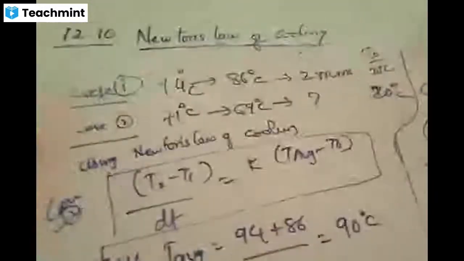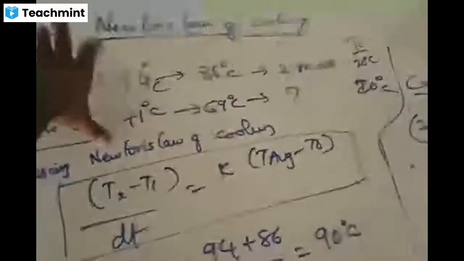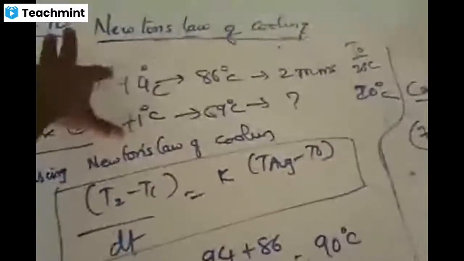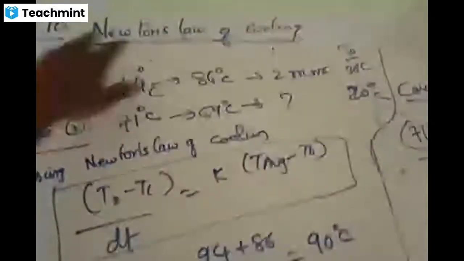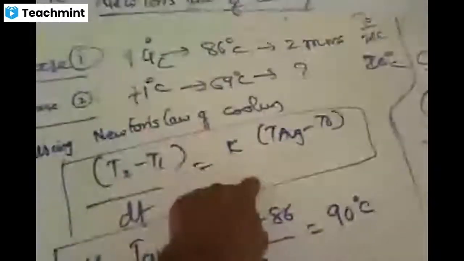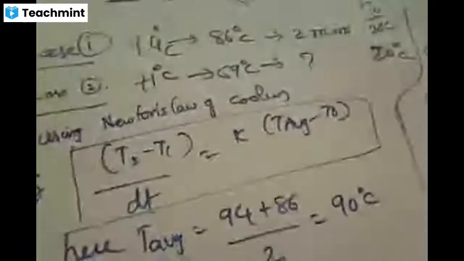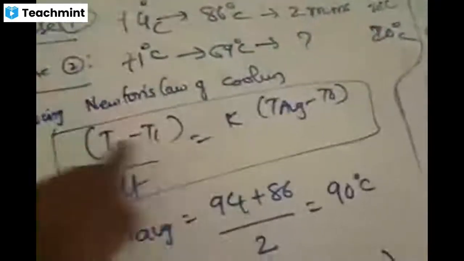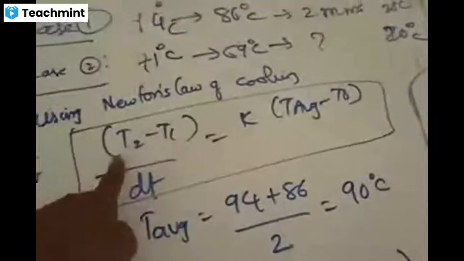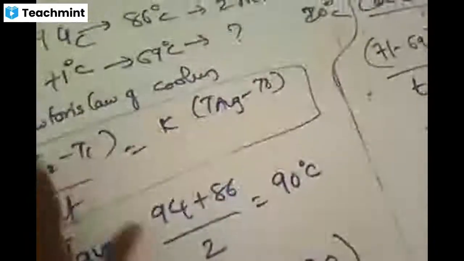Every Newton's law of cooling problem will definitely be based on two cases like this. Using the first case, determine the value of K. Use that K in the second case to determine whatever is asked. In this question, he asks us to find time. Sometimes time would be given, and you may be asked for one of these temperatures. Or all these things would be given.